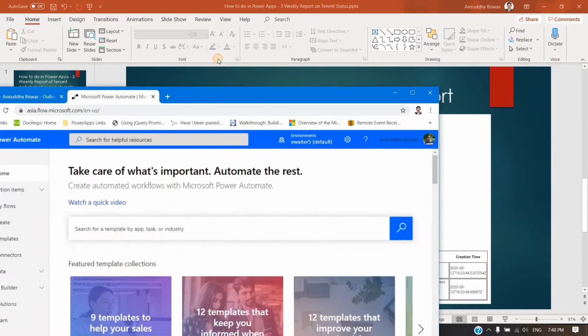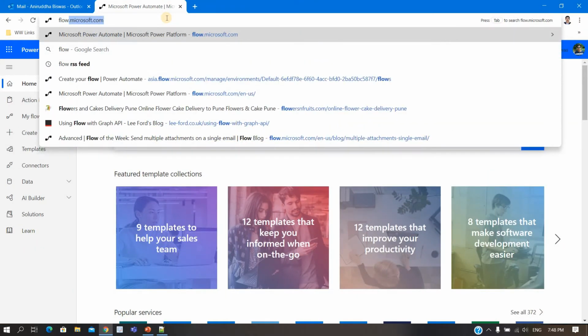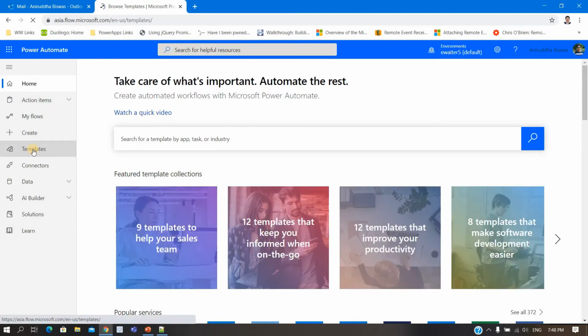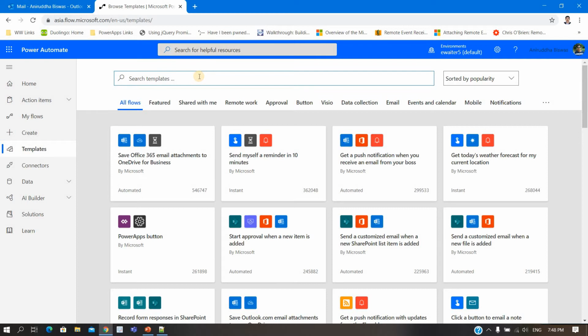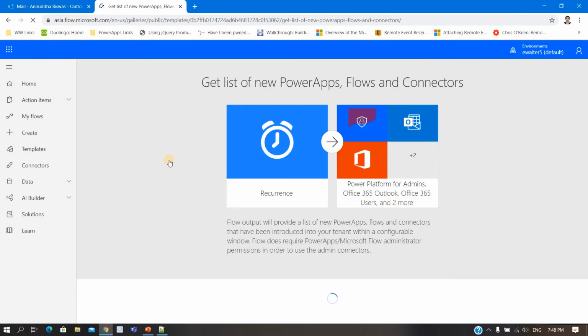So the first thing you need to do is go to make.powerautomate.microsoft.com. Here there is a template. Go there, then to Power Automate. First thing is get list of new Power Apps and Flow connectors.